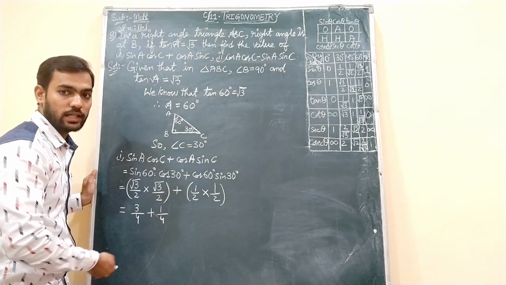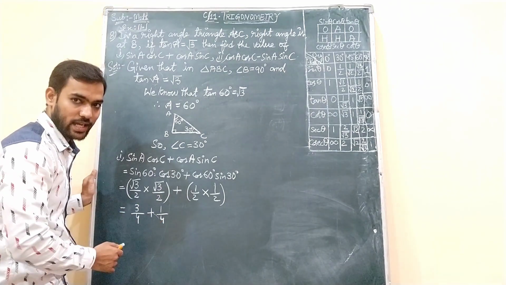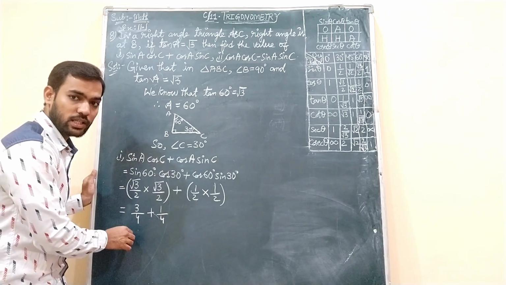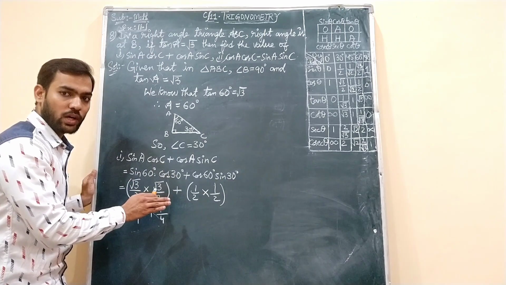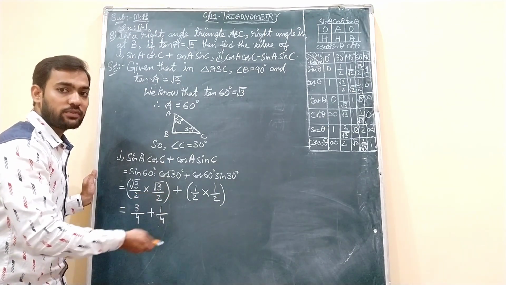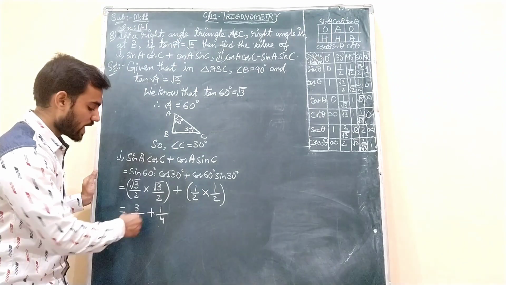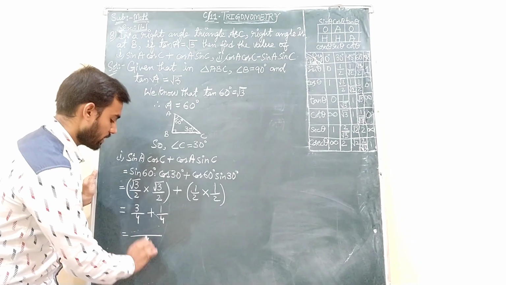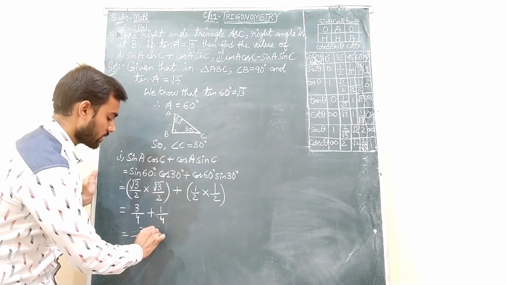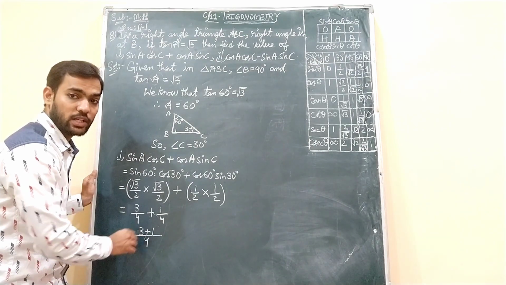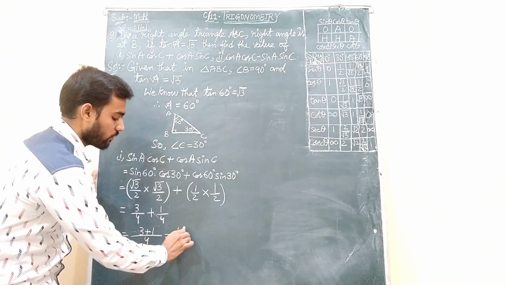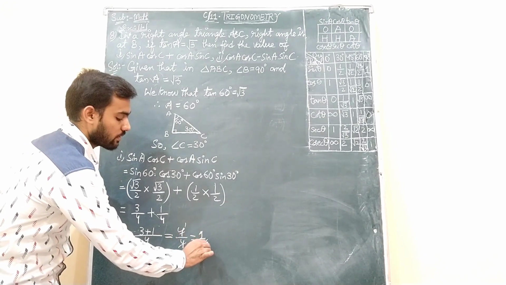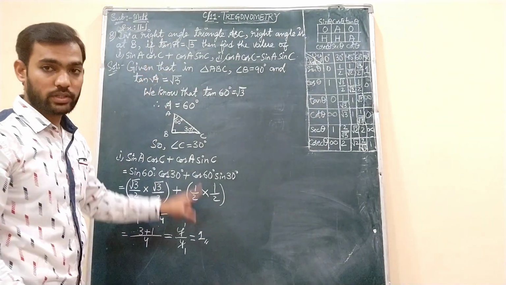See guys, in our earlier question we did numerator cross, denominators direct, like that. Minus sign was there. If suppose a positive sign is also there, you can do it in that way. But here you see the denominators are same. Till now, whatever problems we have done, we were getting different denominators, but here the denominators are same. So directly you can add the numerators, which means LCM you will get as 4, and 3 plus 1 you have to do. This is the case when you get the same denominators. So 3 plus 1 is 4 divided by 4. When you cancel 4 ones are 4 ones are, you will get the answer as 1. Okay. This first expression value we got as 1.